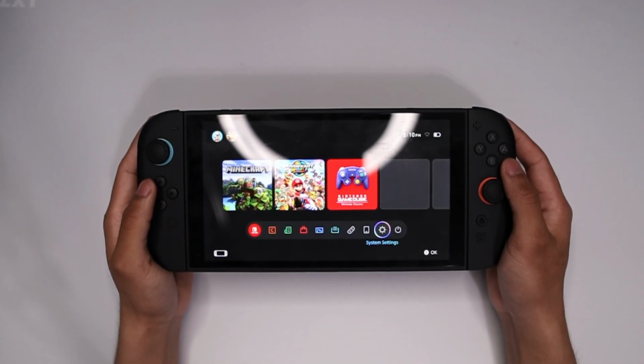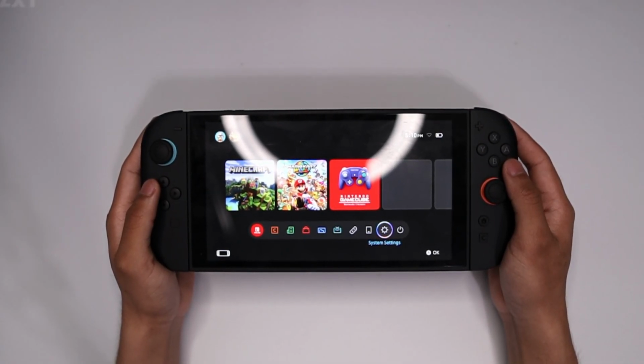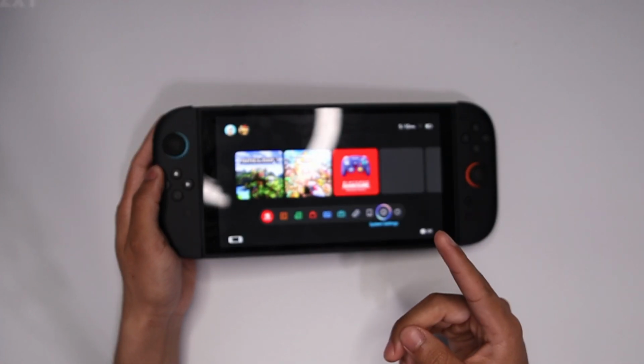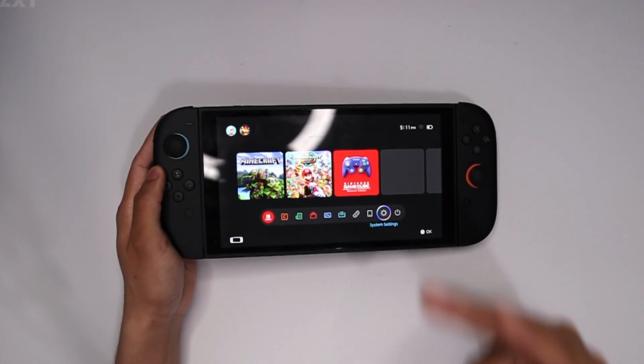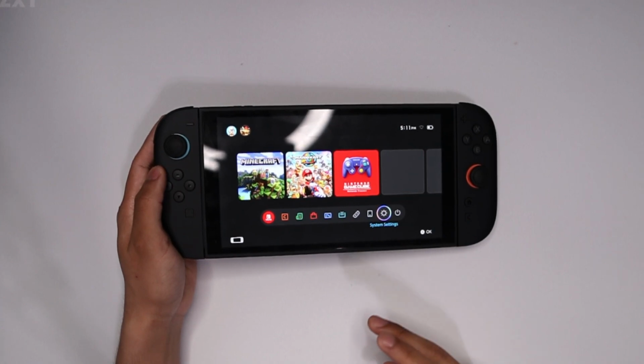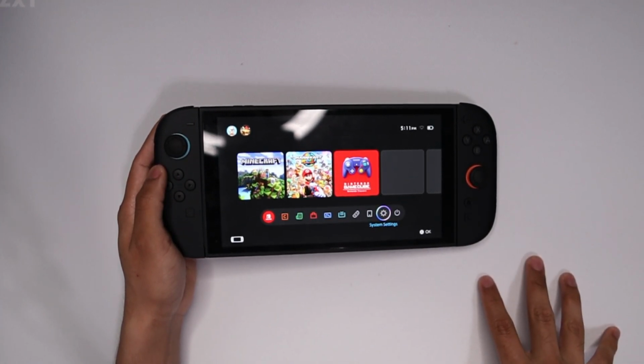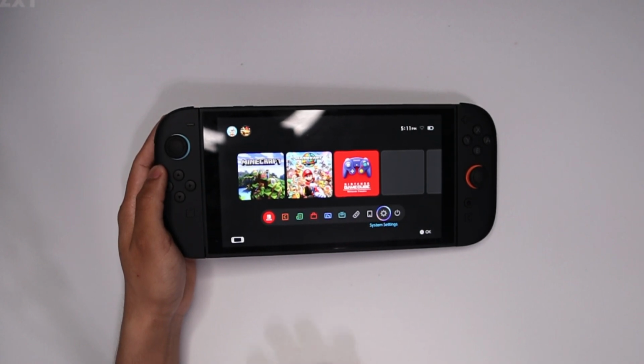In this video, I'm going to show you how to fix stick drift on the Nintendo Switch 2. Now, there's two main reasons why this could be happening. Number one, there is an issue with your hardware, or number two, there is an issue with the software. What you need to do is determine the cause of this issue in order to find a solution. So the way I recommend that you do this is first check if there's any